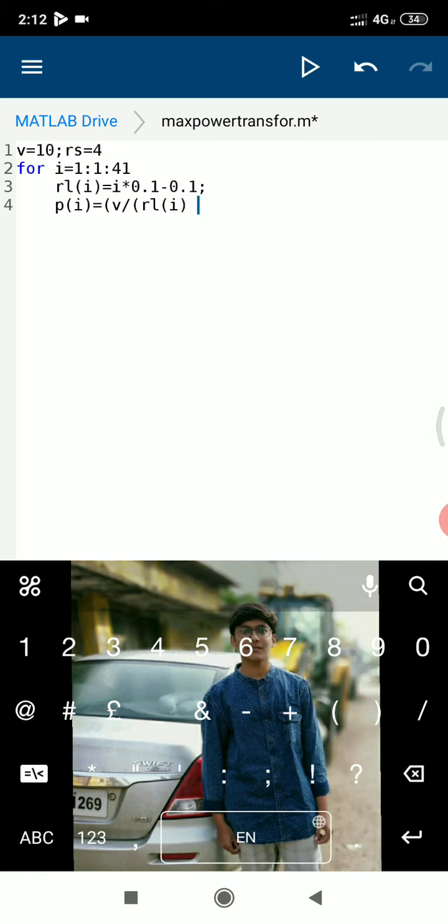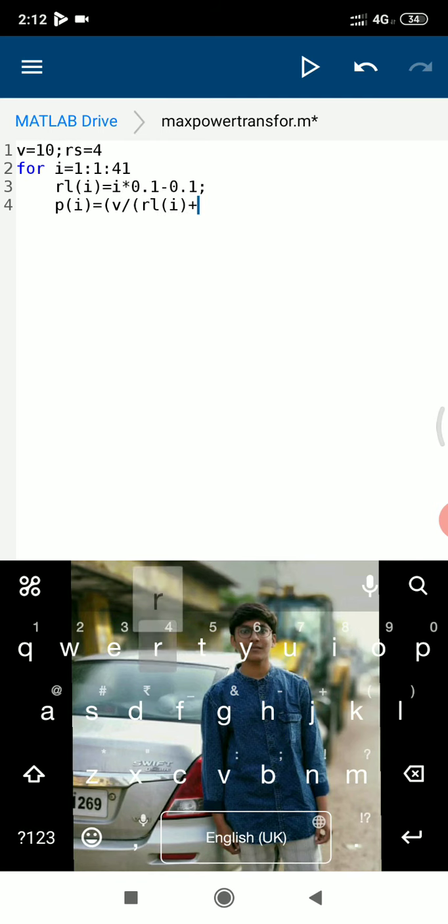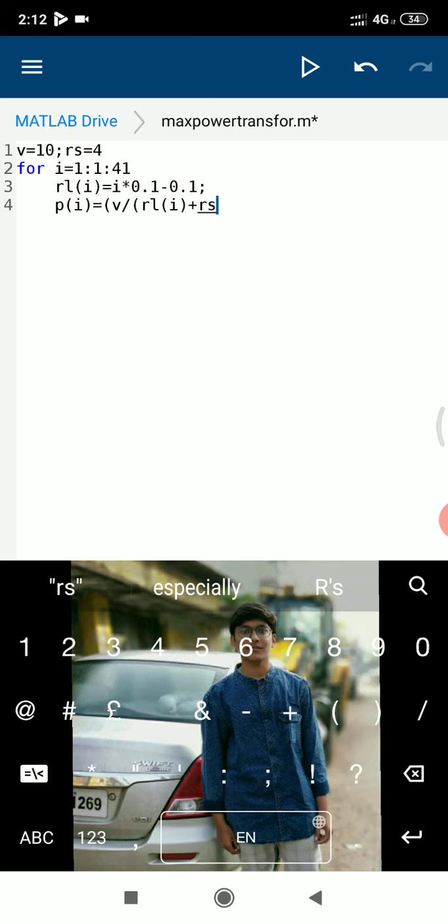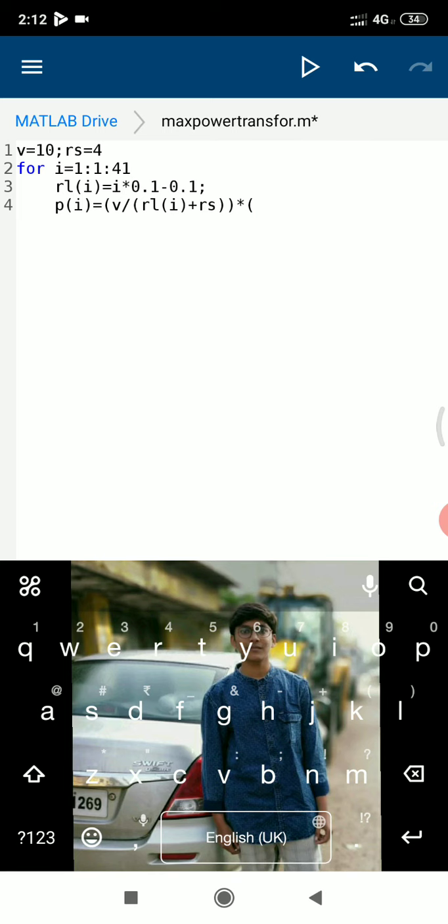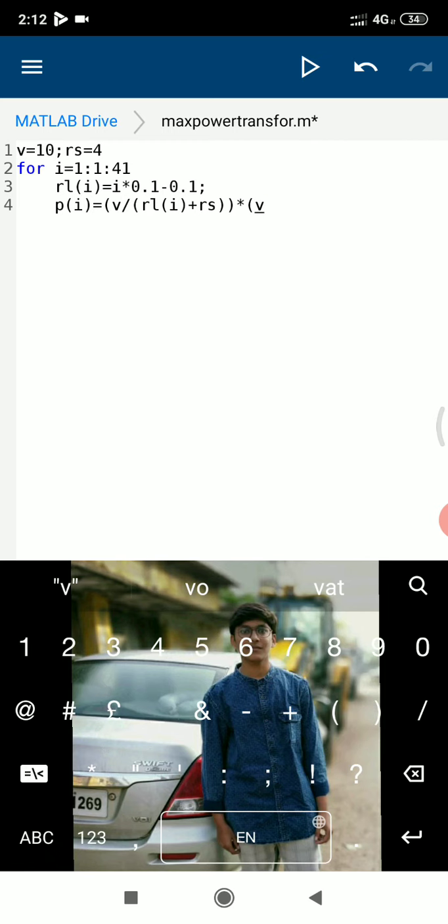Resistance means here load resistance plus source resistance. So we are adding source resistance also, Rs, and close the bracket. We have to carefully check the brackets while we are closing one time or two times, and multiply with another V by R. Taking open the bracket, we keep numerator as V and denominator,